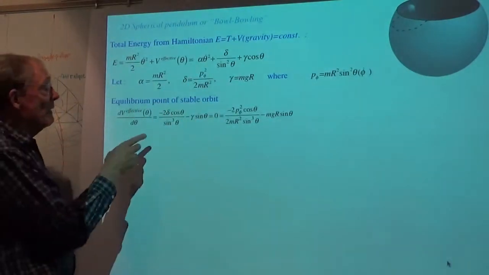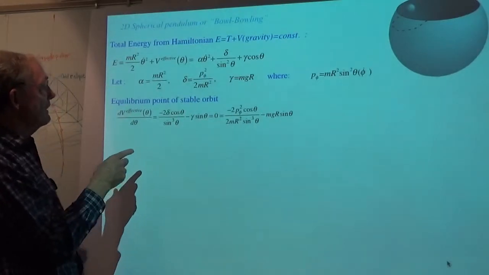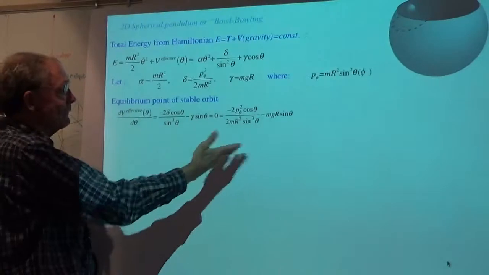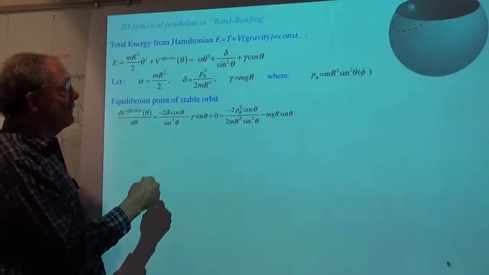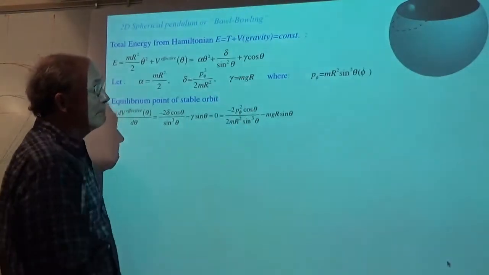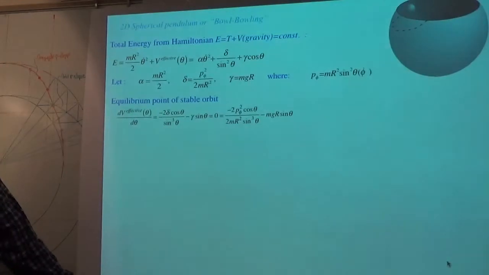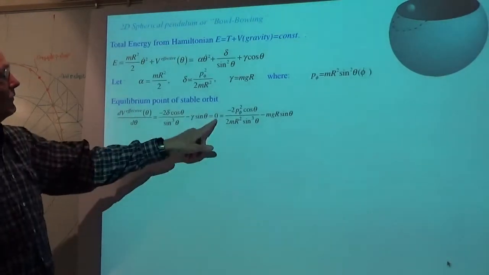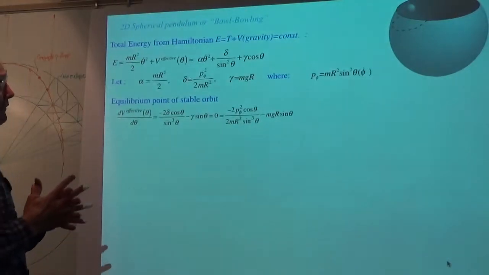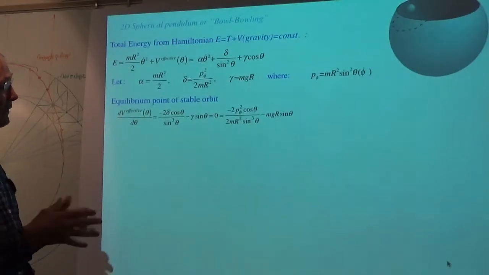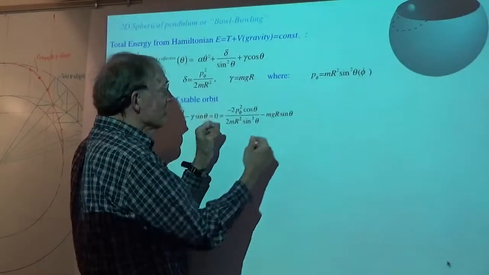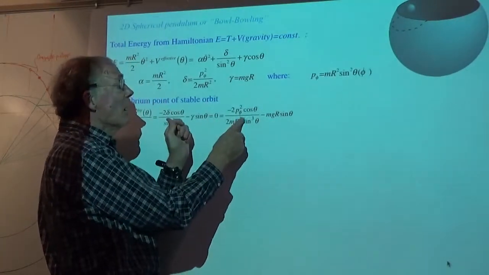So that little part right there is the main driver for all of the physics here. This is always the same. Okay? So we have to differentiate this thing with respect to theta and set it equal to 0, to find what values would give this. So we're setting this thing right here equal to 0. So it's a fight between